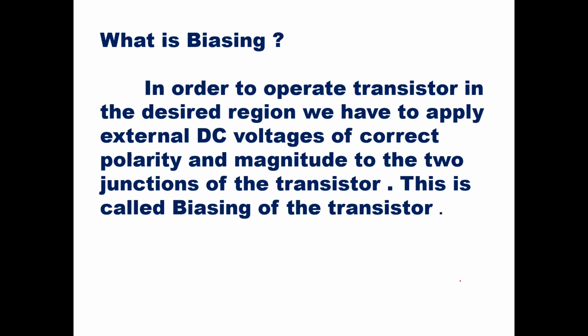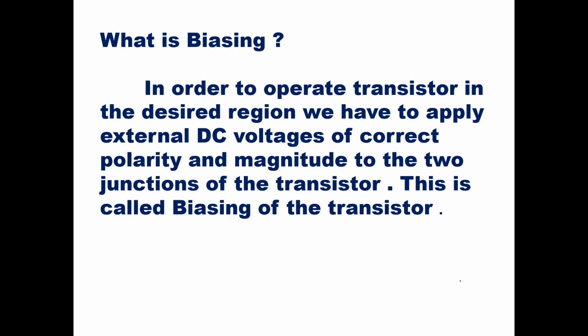If you want to use the transistor as a switch, then you can use it in the saturation region and cutoff region. In saturation it is on, in cutoff it is off. If you want to use the transistor as an amplifier, then you should see that it is used in the active region. All these three regions you will understand once you know the output characteristics of the transistor. Input characteristics and output characteristics also you have studied in semiconductor devices, so here you have to concentrate on the output characteristic of the transistor.